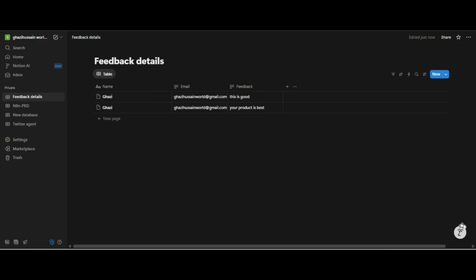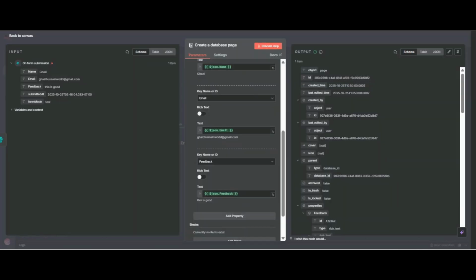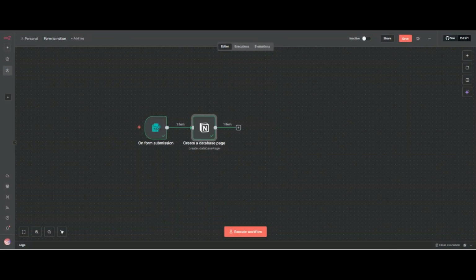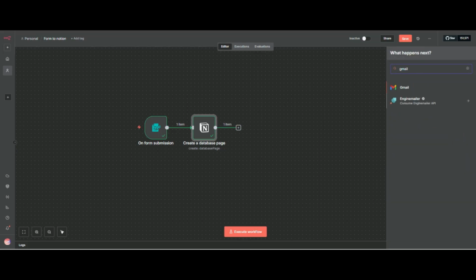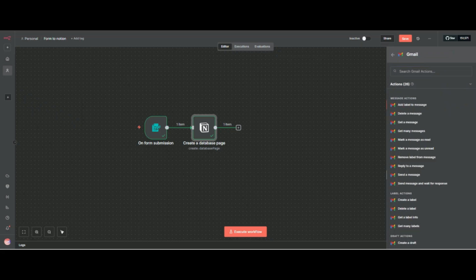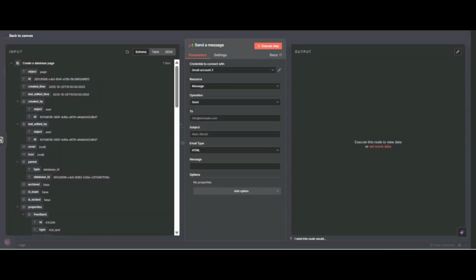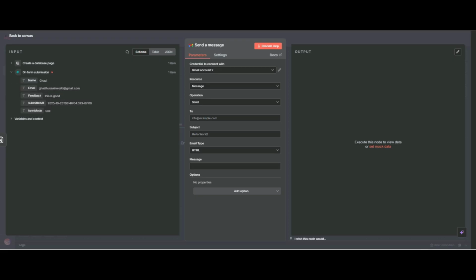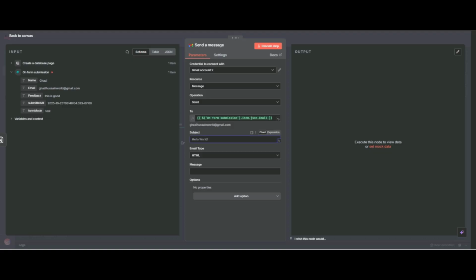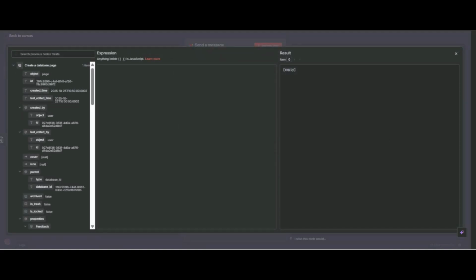We have received the name and email, and now we have to send a thank you email for the form submission. So I will click on save, plus, and I will click on Gmail and save. So the email will be this. I want to send to this, and the subject can be anything, but I will say thank you, and the text will be now